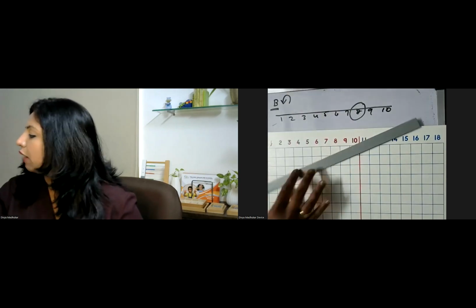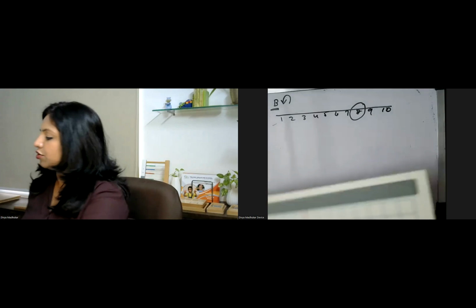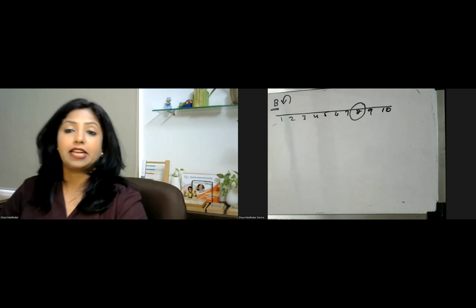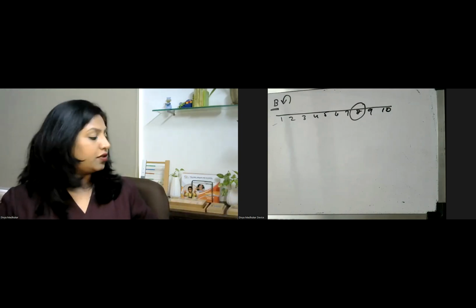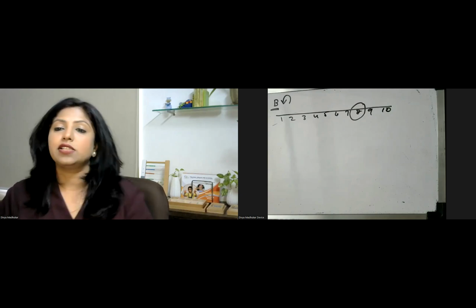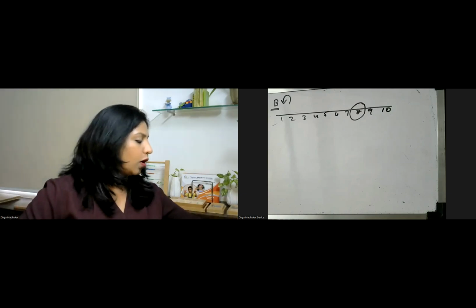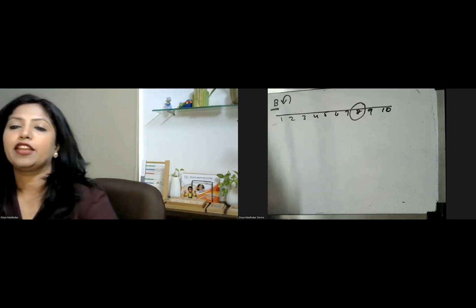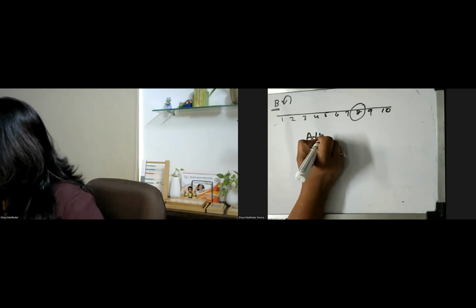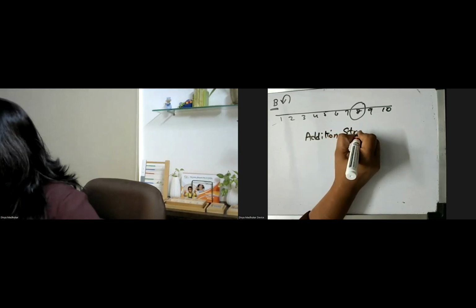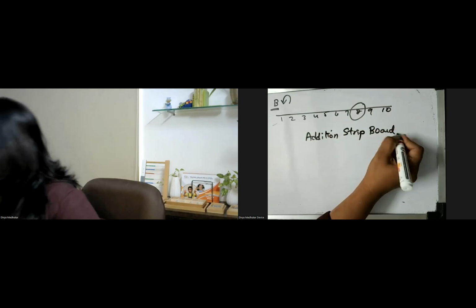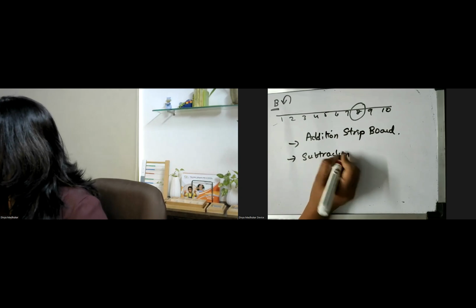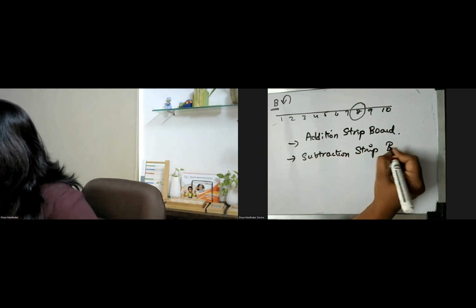Okay, I'm going to show you how we're going to be working on these materials. So this is what we're going to have. And we have to also prepare our problem statements to perform the addition strip exercises and the subtraction strip exercises. From here is what we do our simple addition and simple subtraction using a material called addition strip board. Note down, we're going to be using our addition strip board and we're going to perform our subtraction using our subtraction strip board.